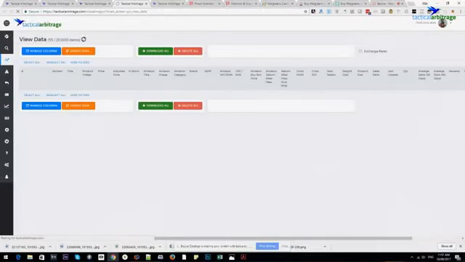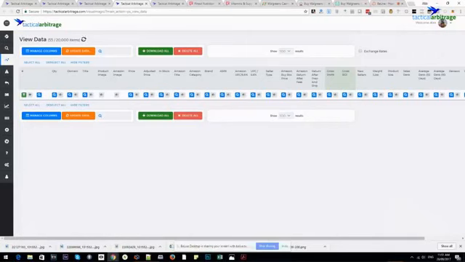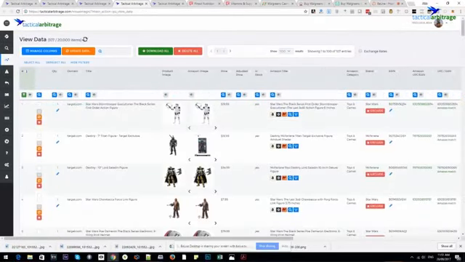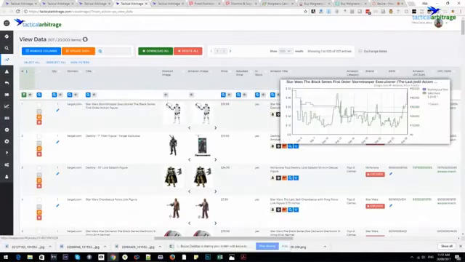All right, so if I go over to view data, these will be really fast selling toys. I haven't even checked return on investment or anything, but you can see the graph on these sorts of things,